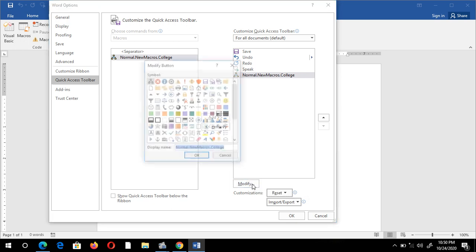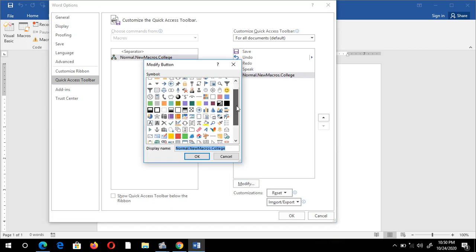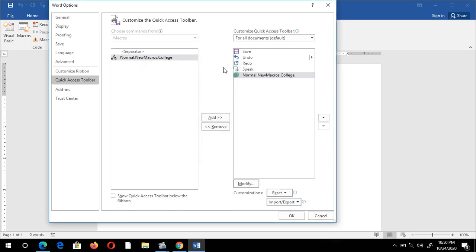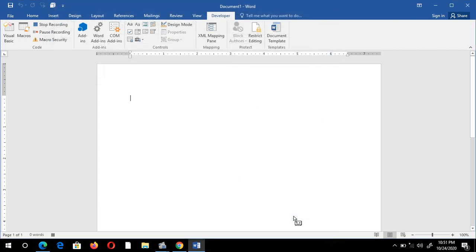I have to click on this Modify option, and I can select any icon from this. I just select this symbol and click OK. You can see it is appearing on my macro part, and just click OK. Now you can see that symbol has appeared on this Quick Access Toolbar.